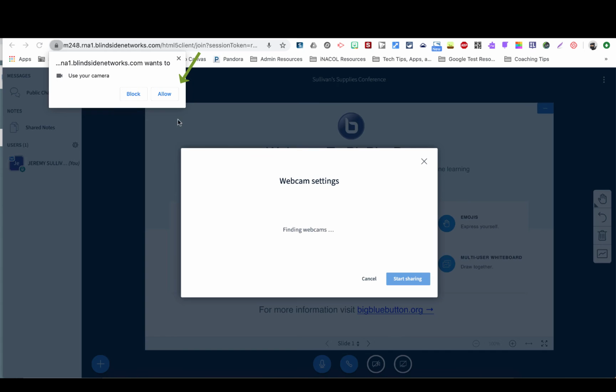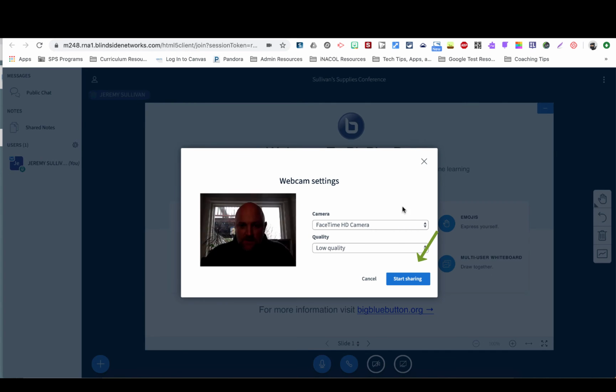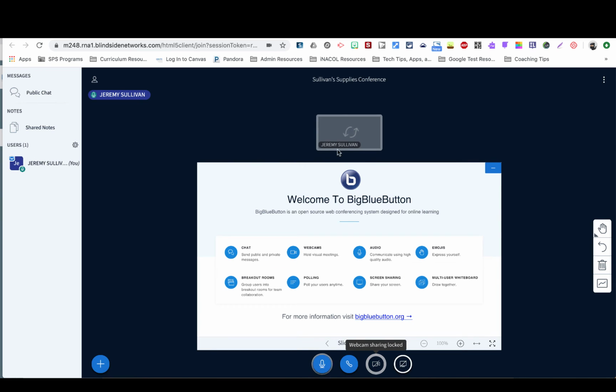Click on that. It's going to ask, do you want to allow? We do, so click allow. It's going to double check and then click start sharing. So now it's going to load my camera up here, and then as more people join, they would load here as well. So I'm going to switch windows into a student, the student that I joined the conference, have them